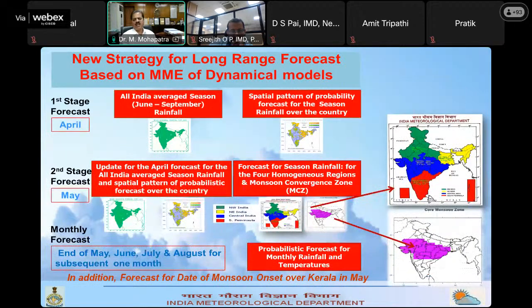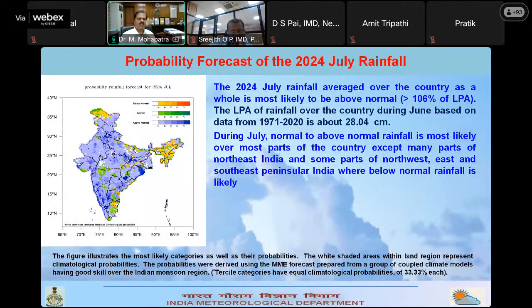Now we'll come to the forecast for the month of July. As all of us know, from 2021, IMD went for a paradigm shift in its long-range forecast. We introduced the forecast for the entire country. We introduced the forecast for every month quantitatively. In that way, today we are going to issue the long-range forecast of rainfall for the country during July 2024.